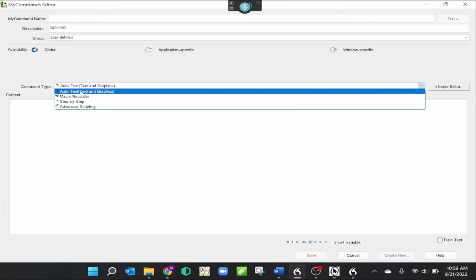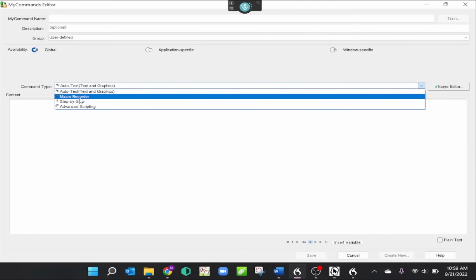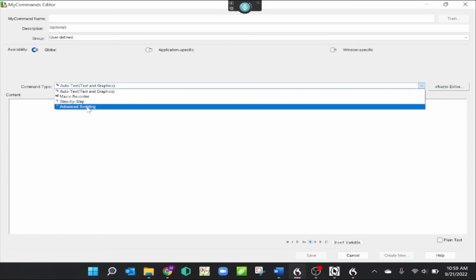Now, there are some things that I will mention that are more advanced. We're not going to go deep into it in this video. I may do more later. So you can see the command type in here. We have auto text, that's what we just did. But then there's other things like macro record that records your clicks and your keystrokes step by step. We'll learn more about that later. And advanced scripting. If any of you knows Visual Basic or VBA, you can actually command Dragon to execute those scripts. Pretty easy, and that seems very similar to what I showed in another video about creating batch files to automate your computer. So anyway, I wanted to introduce this. I won't go into detail in this video, but there you go.